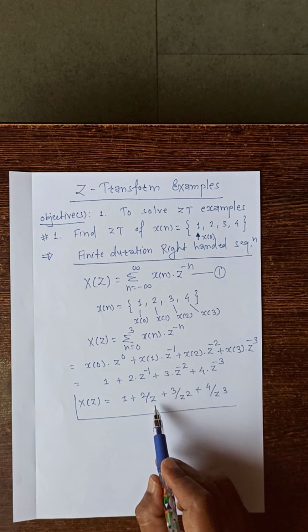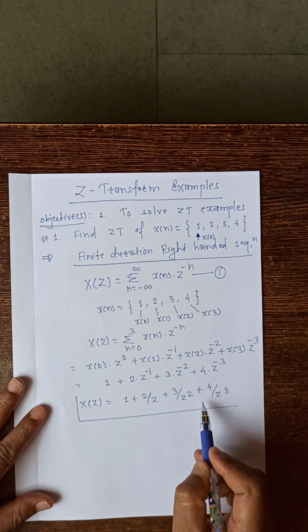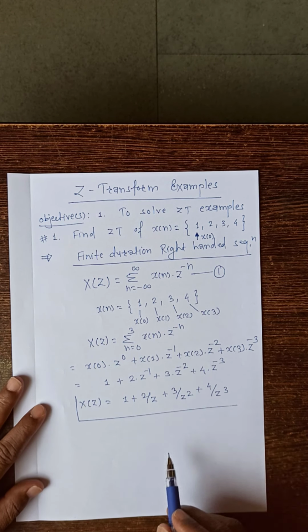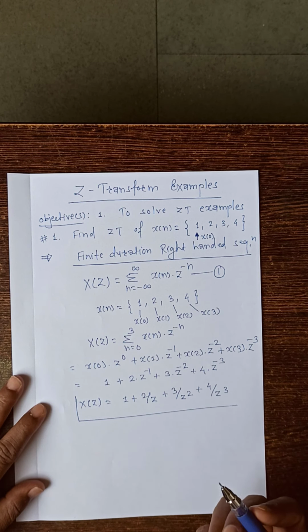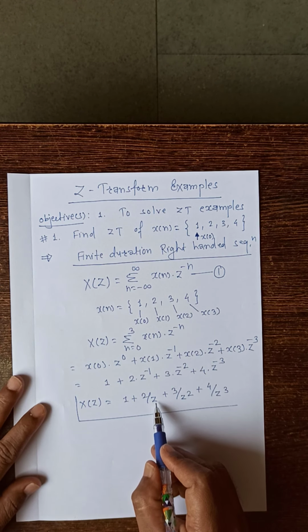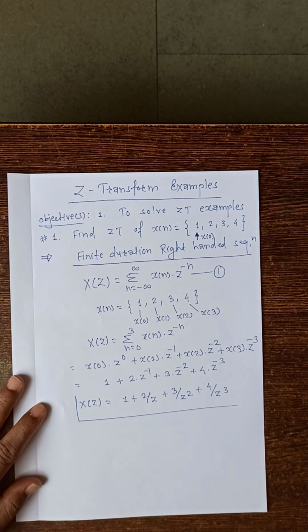If we put z equals infinity, these terms are going to be 0 because infinity is in the denominator. So the value is equal to 1. So that is finite. I am checking the extreme values. In-between values, no issue. Z transform is finite. If you put z equals 0 here, the terms come into the denominator and this X(z) becomes infinite.